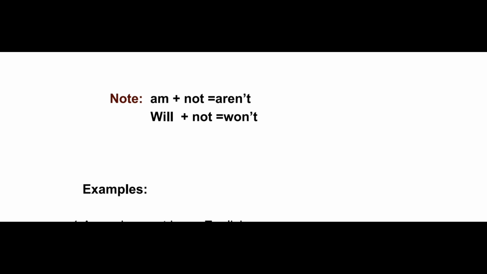Come to our one note. Generally, we make the question tags with the helping verb plus not. Means do plus not, don't. Does plus not, doesn't. Could plus not, couldn't. But am plus not is not amn't but aren't. These are the exceptions. Will plus not is won't. So you have to keep in mind. Most of the time such kind of examples are asked in exams.